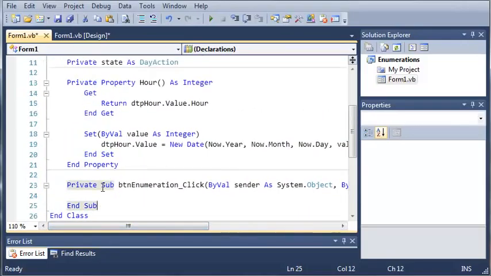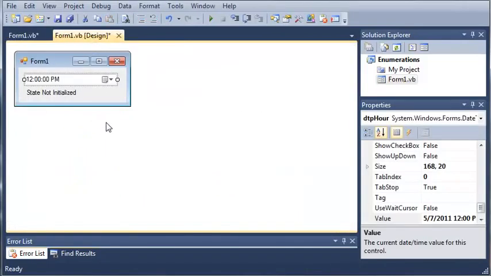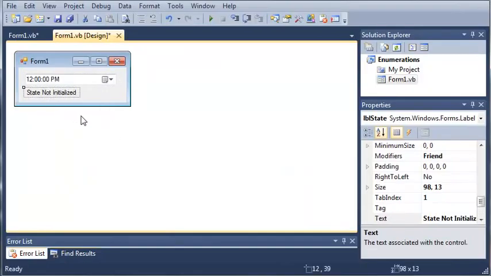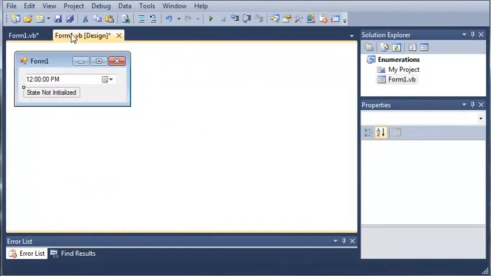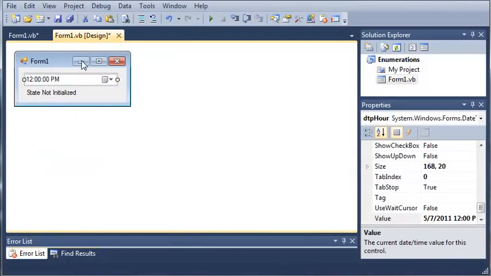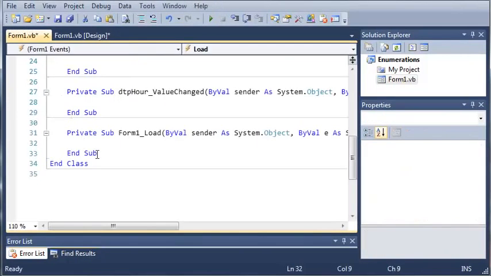So now what we want to do is change this text label based on what the person is doing. So before we get started doing that, we need to go ahead and create two events. Double click on your form 1 and double click on DTP hour. So we're going to get private sub DTP hour value changed, and we're going to get form 1 load. So when the form 1 loads, we want to set our date time picker to the current time that the program is running. So what we'll do is we'll just go ahead and type